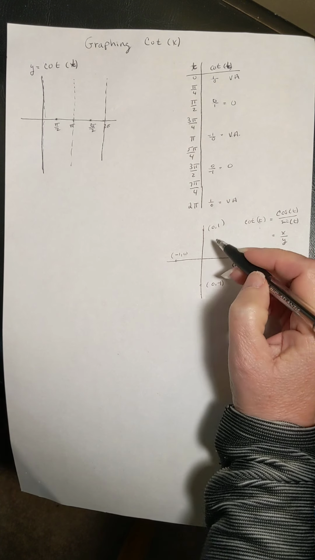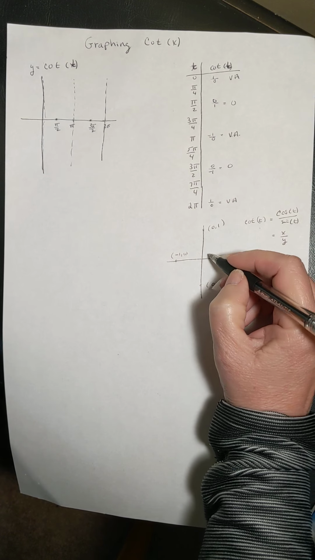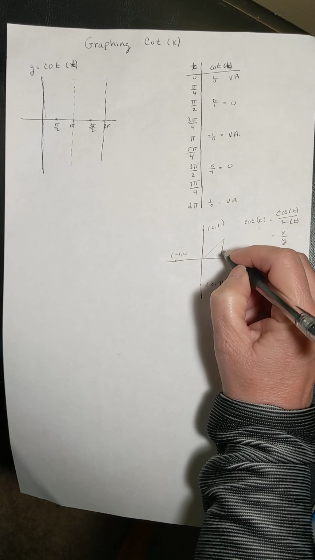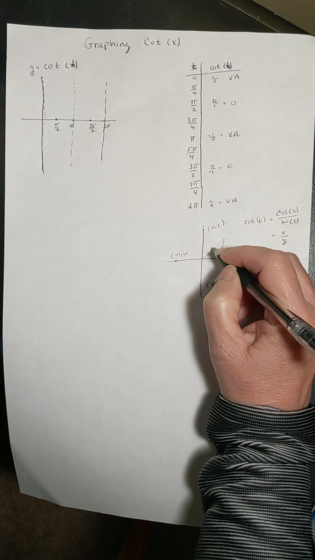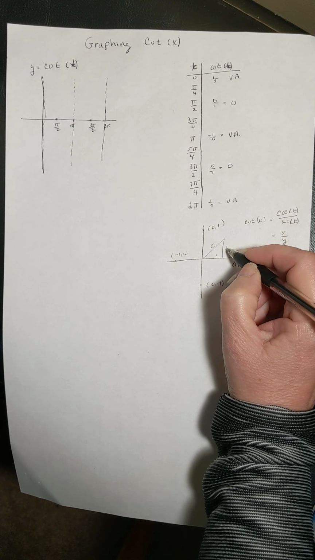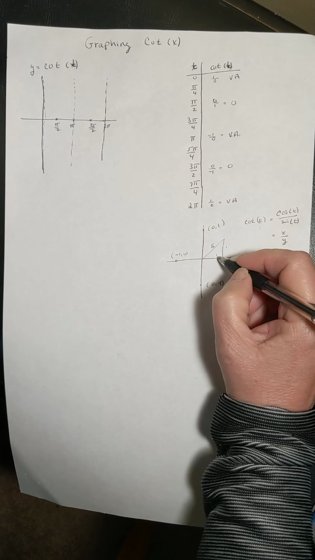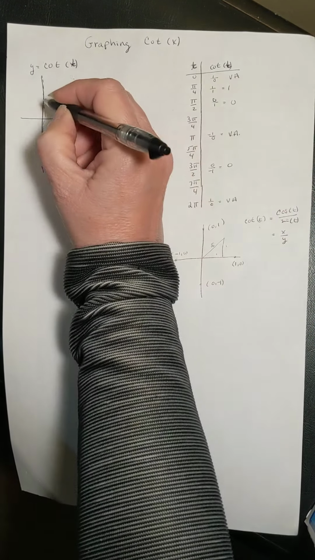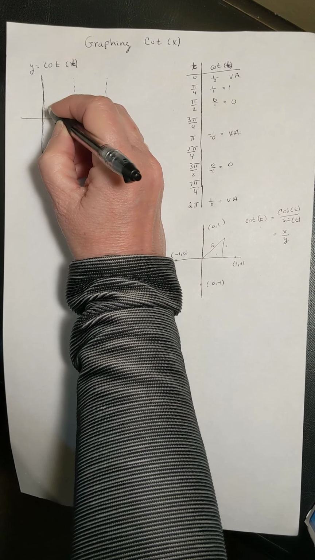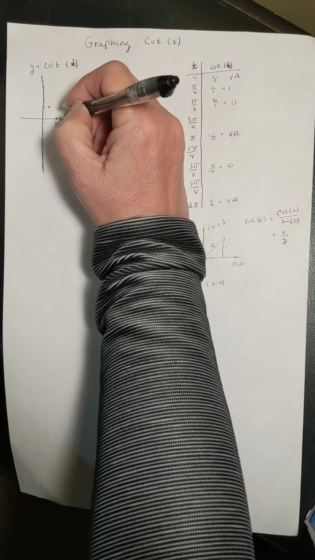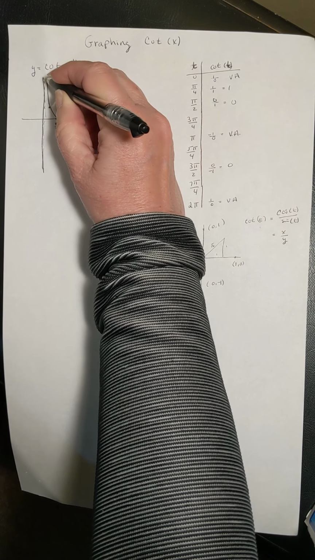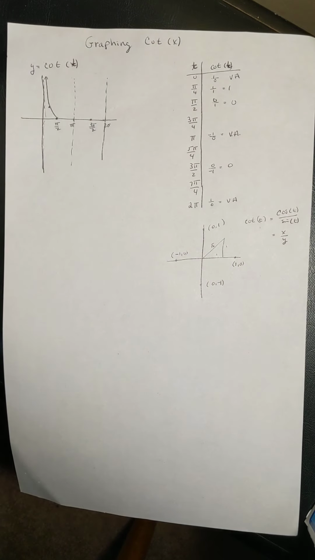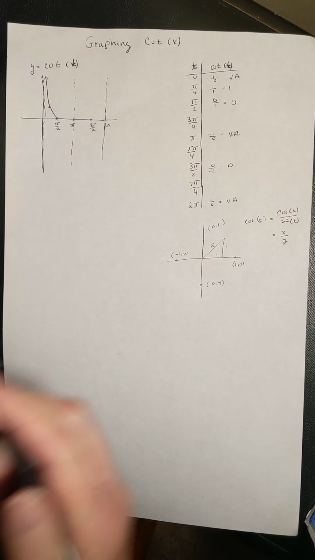And then at 2 pi, we have another vertical asymptote. Now let's see what happens if I'm at a 45-degree angle. So in the first quadrant, remember it's 1, 1, square root of 2. And so the cotangent will be 1 over 1, and so that would be 1. So at pi over 4, which is here, it will be up here. So this one's going to go up like that. Or actually, it's coming down, but when we draw it, we'll draw it up. And then at 3 pi over 4,